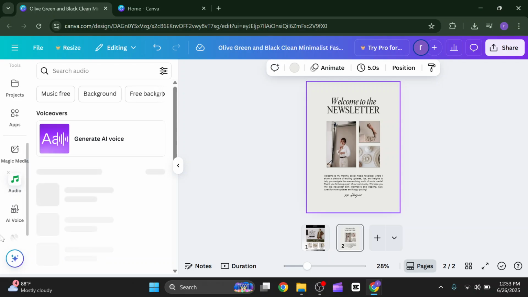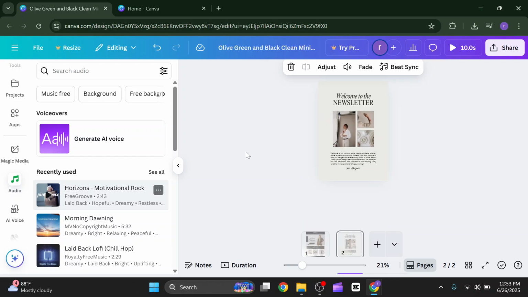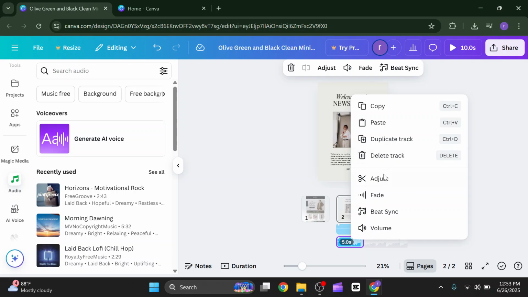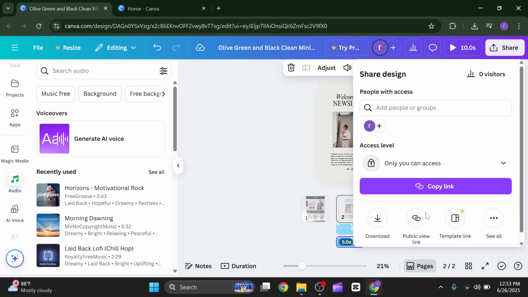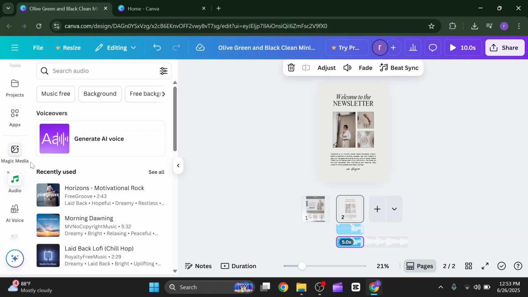As you can see, we can go to the audio and put this audio to this project. And as you can see, there is no option to speed up the audio from here. You just simply need to save it as a video from here and download it, and after that you just have to click on the